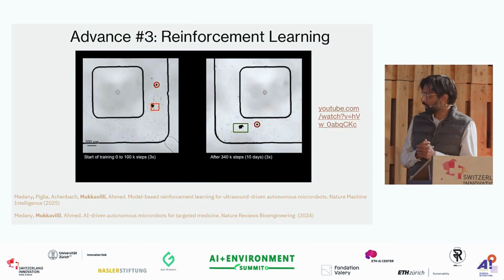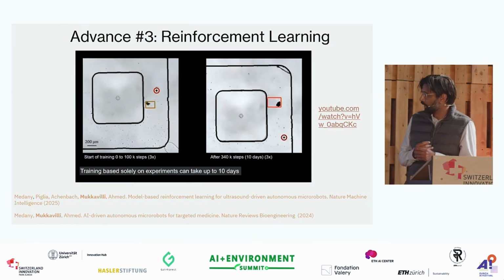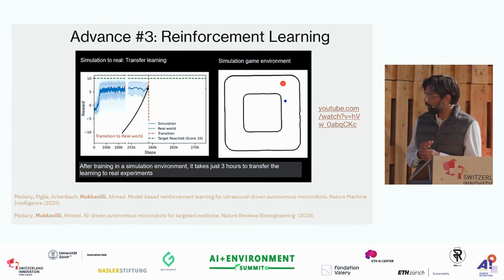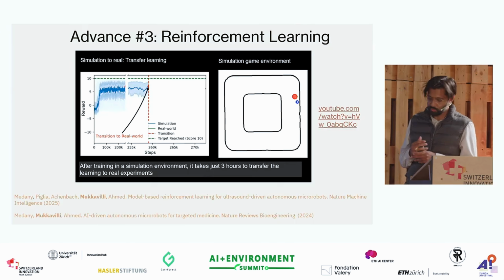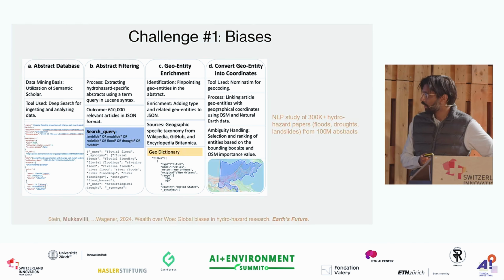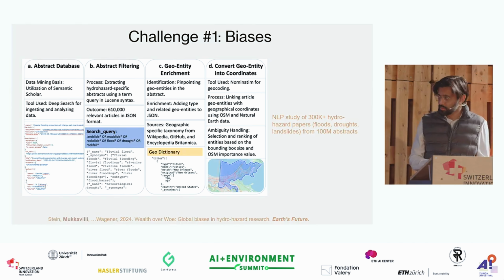So it can go through multiple obstacles. It generalizes super fast, like once it's been pre-trained and then moved across to the lab. Now, I want to touch on the biases